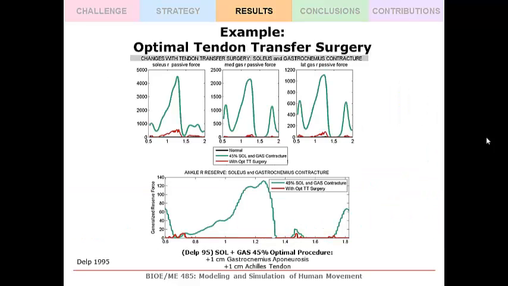Using this data, I did an example tendon transfer surgery. As recommended by prior literature, the optimal strategy for a case in which both muscles exhibit 45% contracture was differential lengthening of the gastrocnemius aponeurosis, gastrocnemius specific tendon, and the Achilles tendon, calf muscle tendon as a whole. As expected, the tendon transfer resulted in dramatically decreased passive forces,